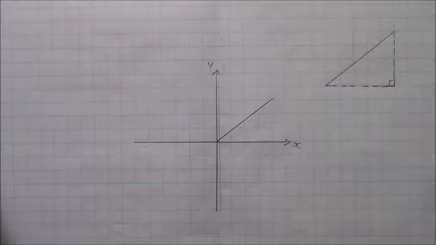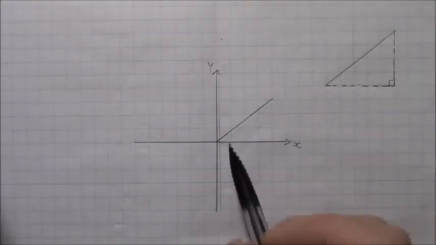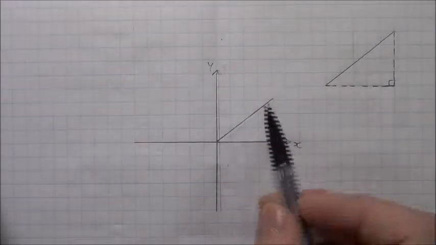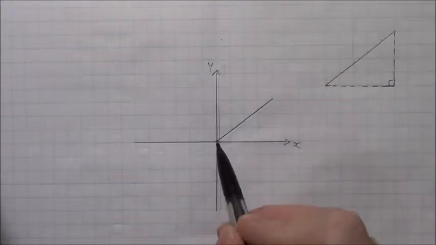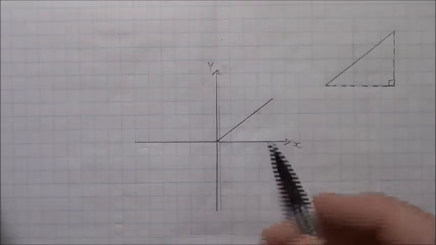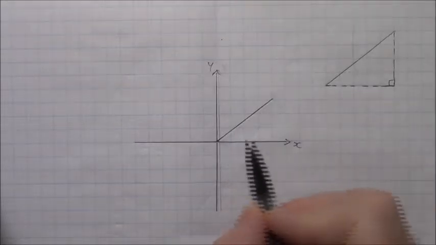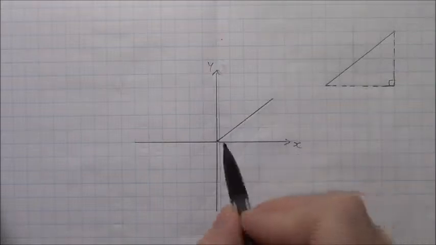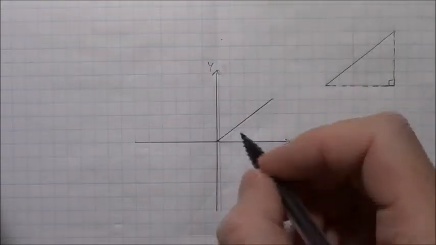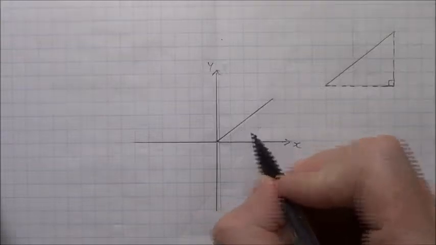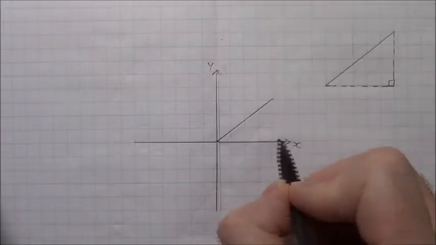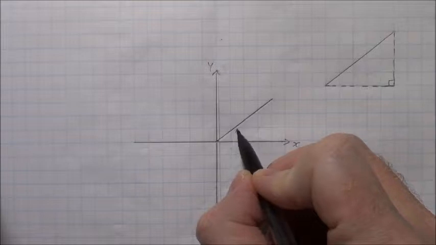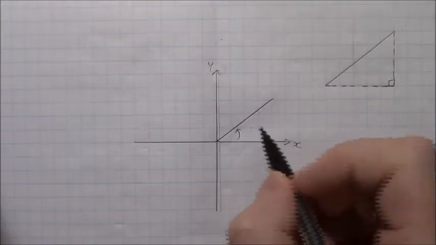In this video I'm going to be looking at the angles in standard position. Angles in standard position are terminal arms that are rotated about the origin, and they start with a rotation from the positive x-axis. So if I were to start at the positive x-axis and rotate the terminal arm through some sort of angle